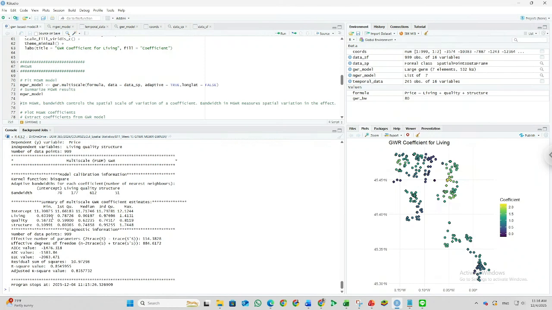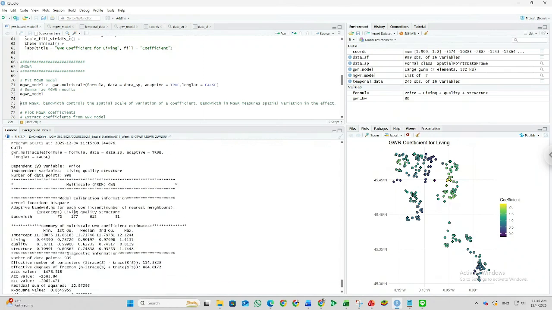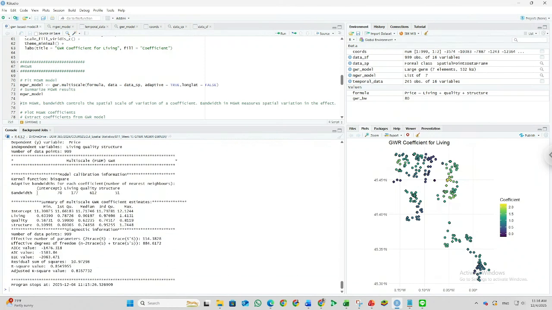As I mentioned before, if in the GWR we have the same bandwidth for all of the independent variables, however, in the multi-scale GWR or MGWR, we have different bandwidths across all independent variables.